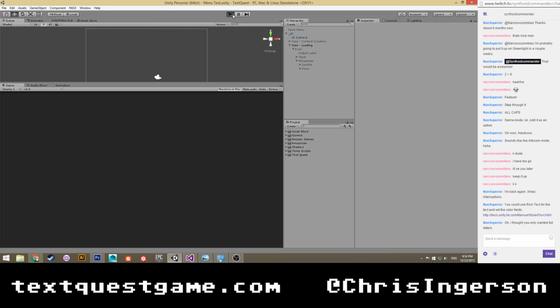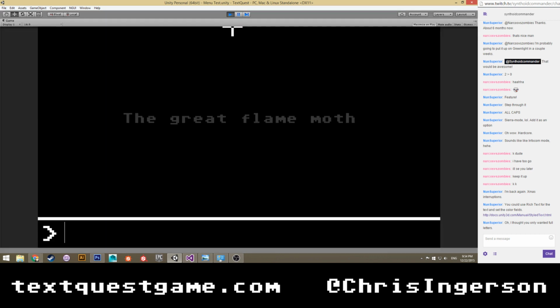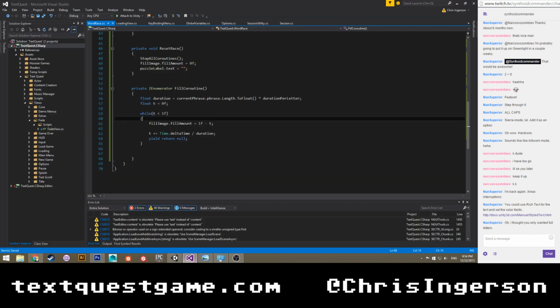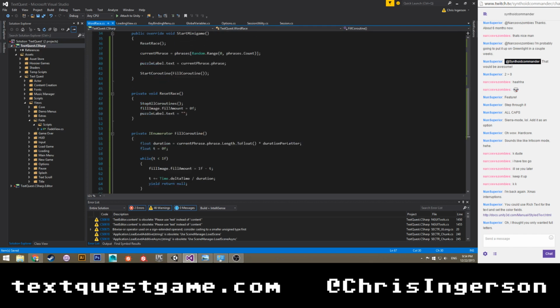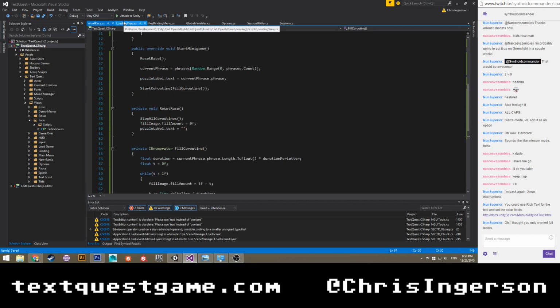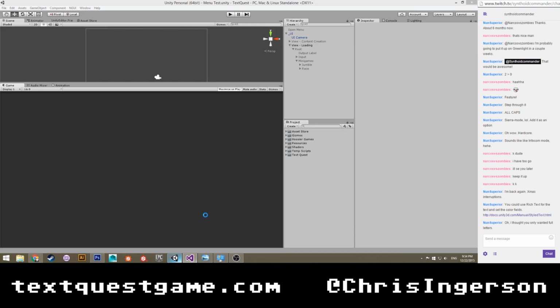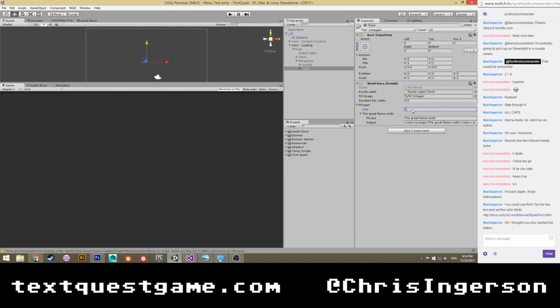Now let me try it again, and let it get to the end. So you can see how it's smoothly filling in. That makes it feel a lot more urgent. Oh, but it's not actually doing anything when it gets to the end. Oh, that's because I haven't done that yet. Okay. Minigame failed. Okay. And to test that a little bit better, I'm going to have to add a second one.